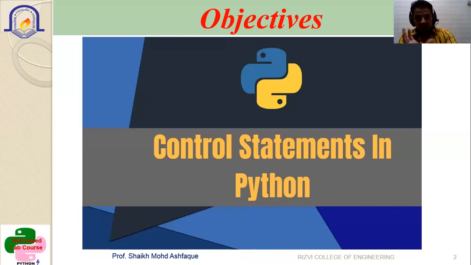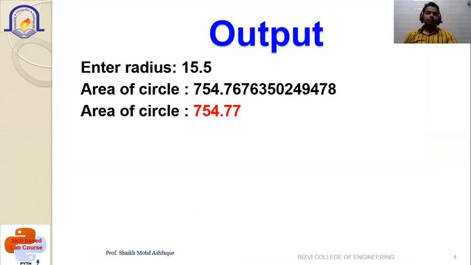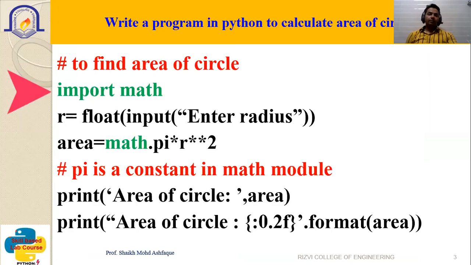This is one simple example. First simple example: write a program in Python to calculate the area of a circle. We want to calculate it, right? Some of the classes and packages are already available, with variables and methods we can directly utilize.